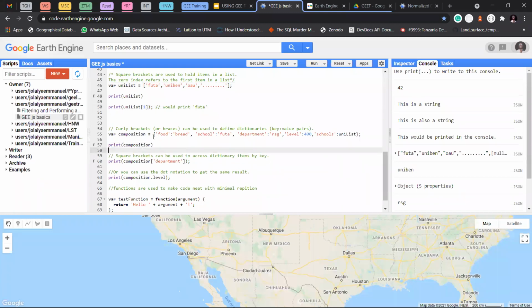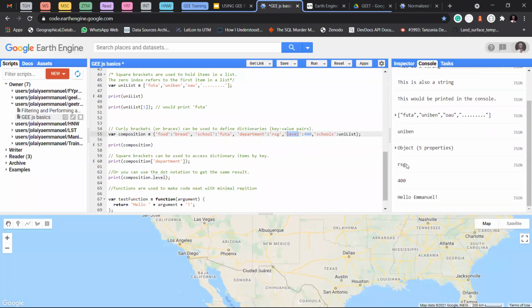And you can also access items in dictionary, for example, like we did here in list that we used one to access Uniben. You can access department. The same thing, square brackets. But instead of using 0, 1, and 2, you use the key right here. And these are the keys: food, school, department, level. Those are the keys. So you can access with the key. So that's why if I run this, you're going to see that I get RSG because I accessed with the key department. And the value for department is RSG,